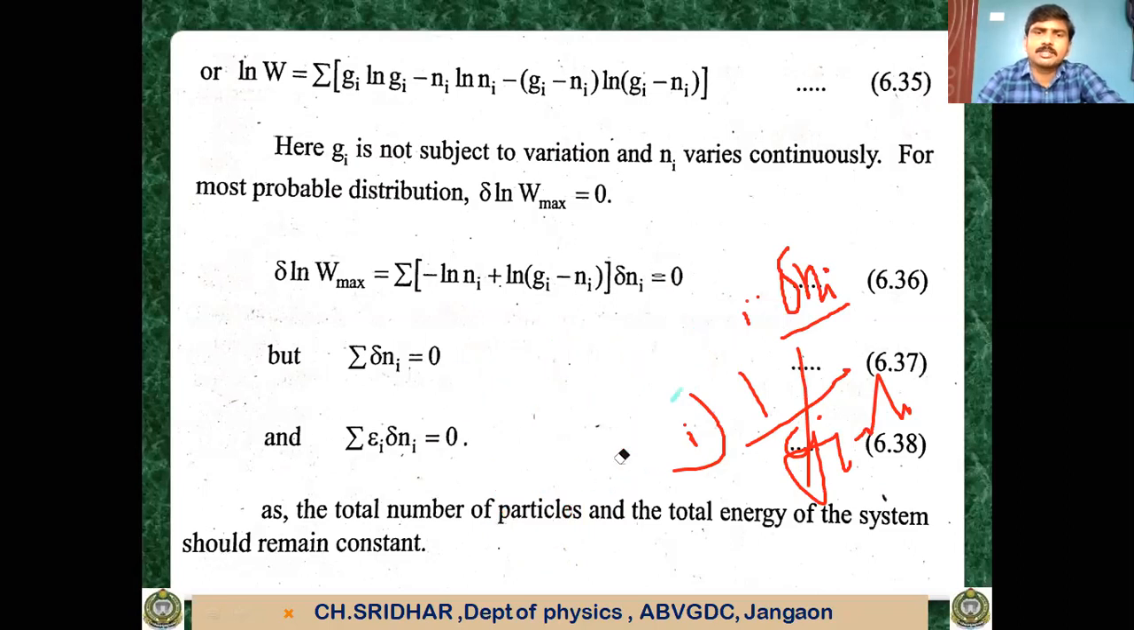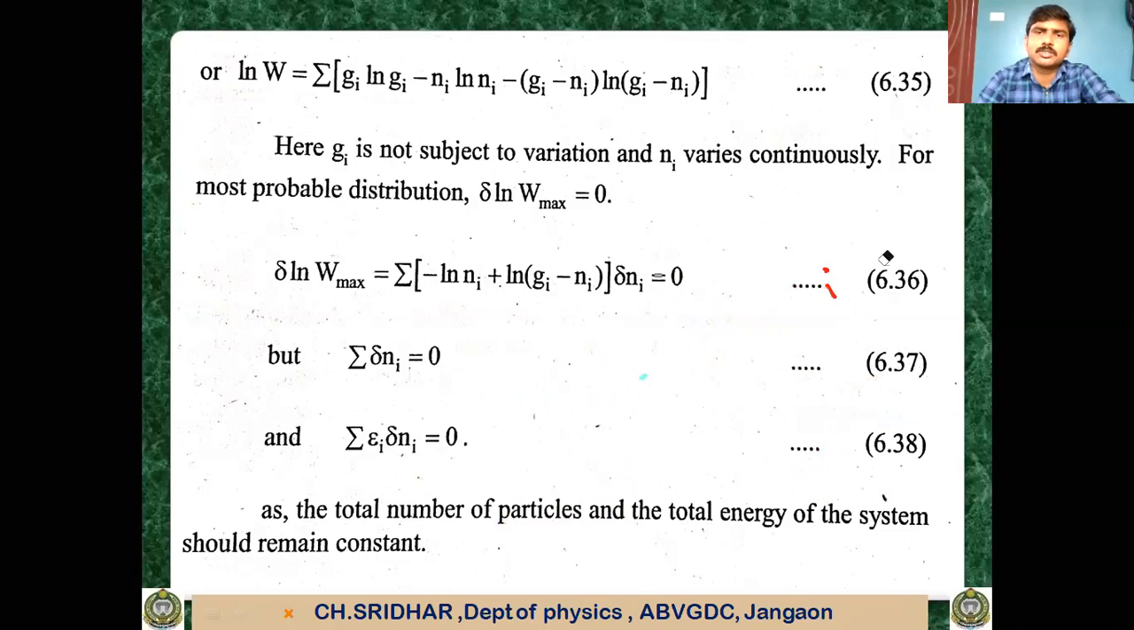And again we are taking the conditions that the total number of particles is constant and the total energy of the system is constant. If you take the variation in the total number, that is summation of delta Ni is equal to 0, and the variation in the total energy is summation of Ei delta Ni is equal to 0. And again we are multiplying this with some constant alpha and this with some constant beta and subtracting these two from this equation, and we'll have the equation as,